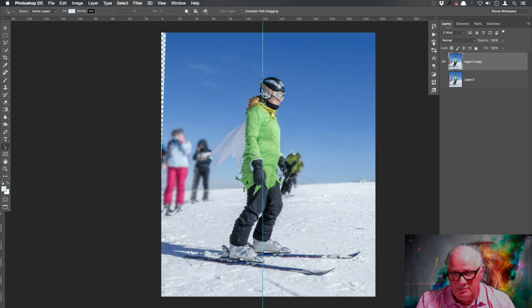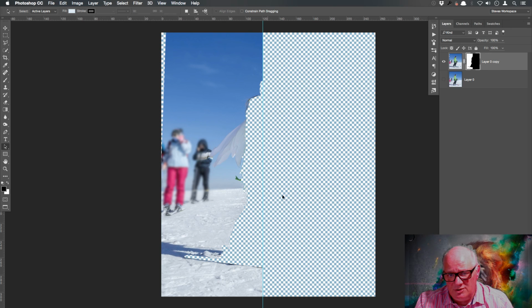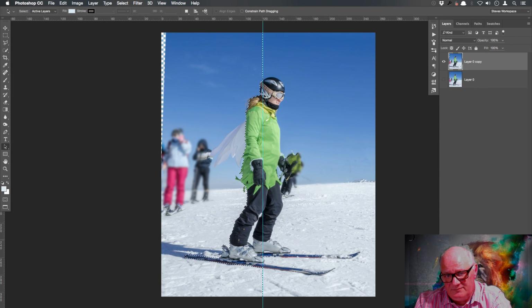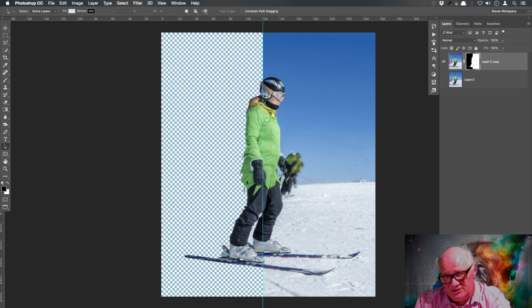Okay, so we'll go back to our layers now. So we've got this layer that we've fixed, and we're going to put a selection in it. If we just hit the Add Layer Mask button down the bottom here, if we just hit that, right, we'll cut out the side that we don't want. Okay, but let's go back one. If we hold the Option key down and click on the Add Layer Mask button, we'll cut out the side that we do want. Okay,